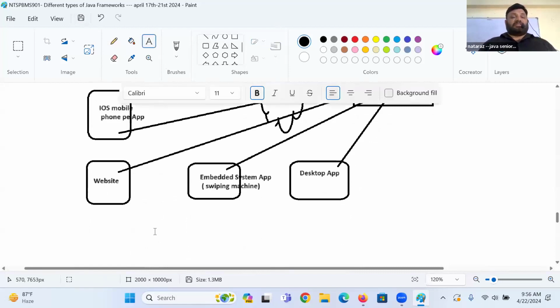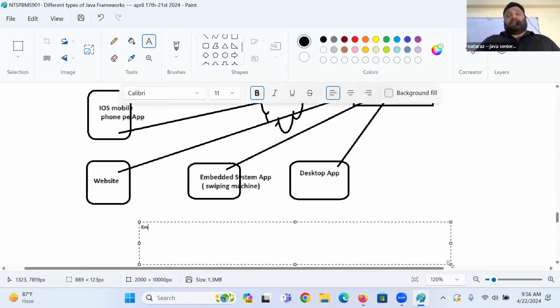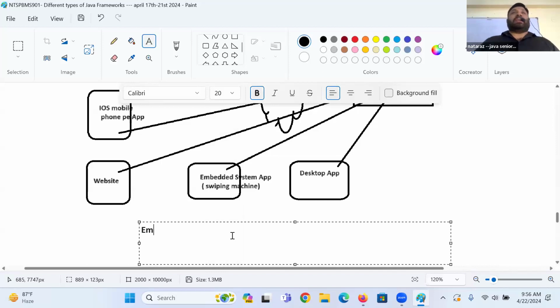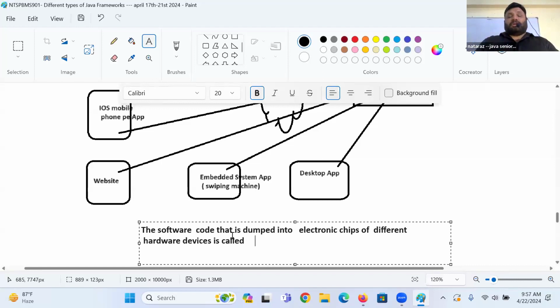What is an embedded system application? The software code that is dumped into electronic chips of different hardware devices is called an embedded system application.